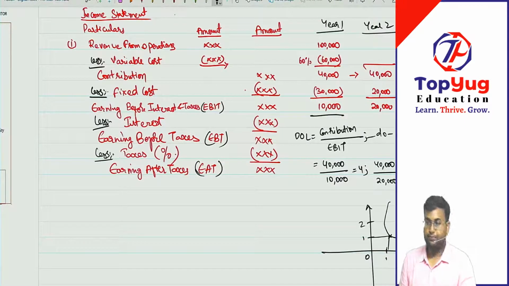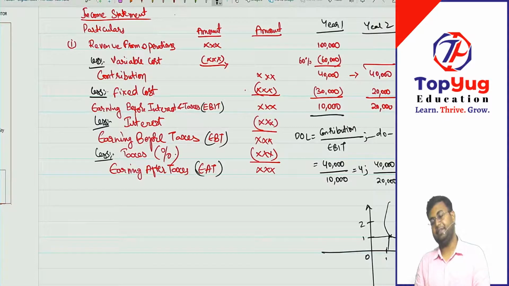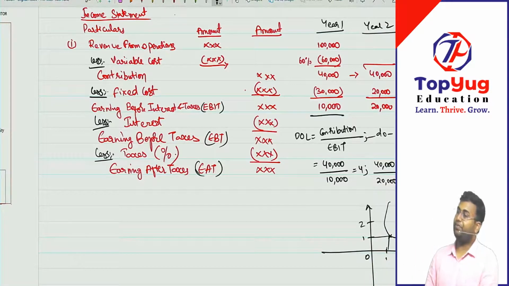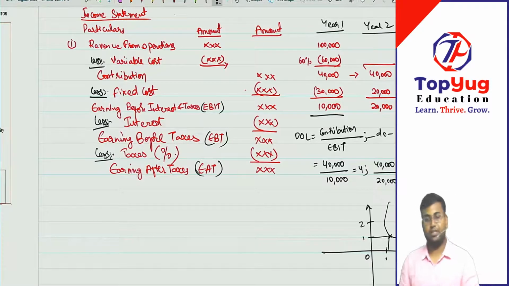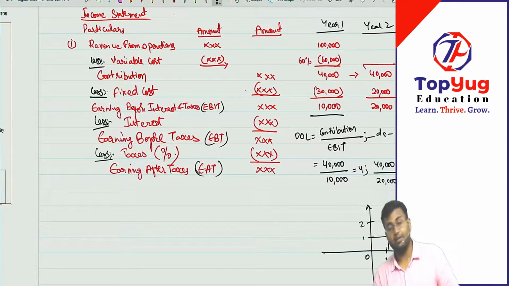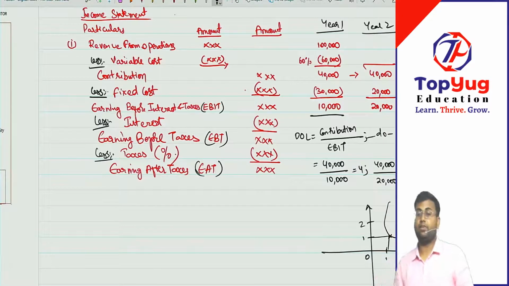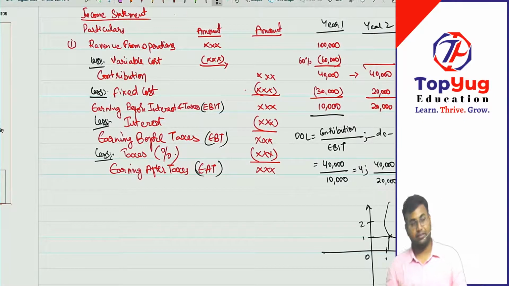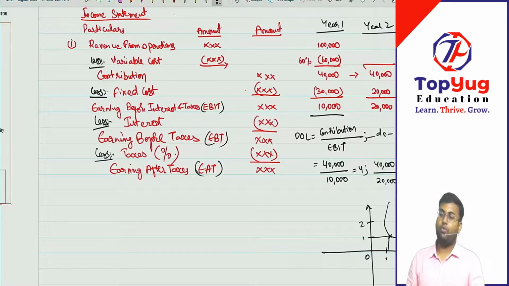Are we all good? Tell me, do we now have sufficient data to work out financial leverage? Financial leverage is based on finance cost. So which is a finance cost here? Interest is a finance cost, right? So do we have enough data for financial leverage? Yes. I will now not go back to the formula section. I want you to tell me yourself what the formula for degree of financial leverage should be.